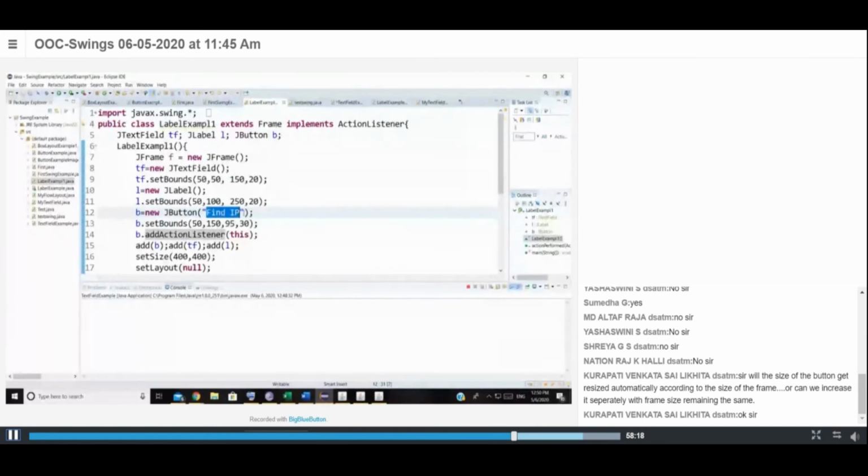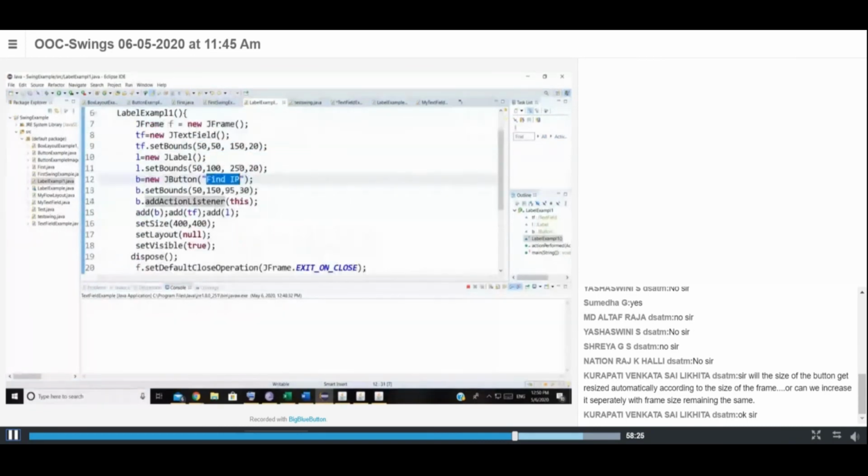When I click on that button, some action has to take place. That action is to identify the IP of a particular system or URL, whatever value we pass in the text field, with respect to where that URL is present. What is the IP of that URL?